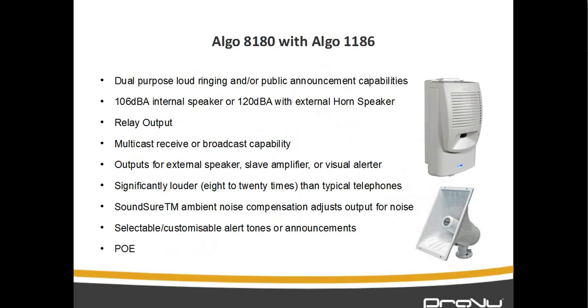The first one could be acting as a loud ringer. So if you want just to alert people, you just dial the extension, and it will just make a loud ringer noise. The other purpose it can do is you register another extension, which could be a page announcement extension. So you dial that extension, and you can have a page. And just to confirm, it will be a two-way page if you do want to make it that way. There is a built-in microphone on Algo 8180, which allows you to hear the other party as well. But generally, obviously, a paging, you will only want one way, but it can do two-way as well.